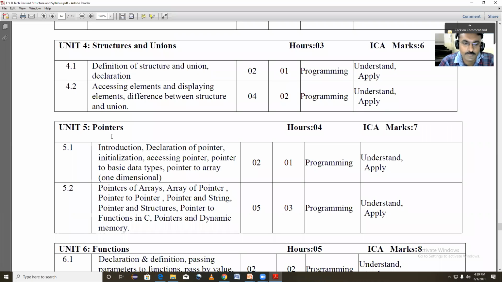Next, pointer of arrays, array of pointer, pointers to pointer,